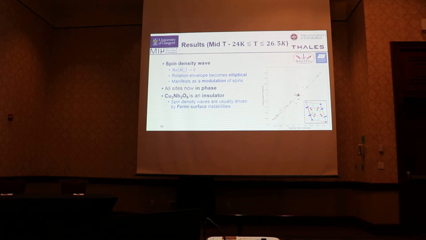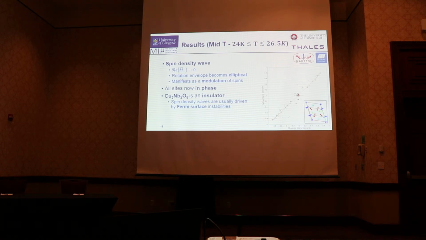This is the middle temperature phase here, and this is the interesting one. In the low temperature phase, your rotation plane is given by the real and imaginary parts of your interaction vector. And what the refinement found here is that the real part went to 0. So the rotation envelope shrunk down and became elliptical, almost to the point of really elliptical. And you end up with this sort of linear modulation, which is classically what you would say is a